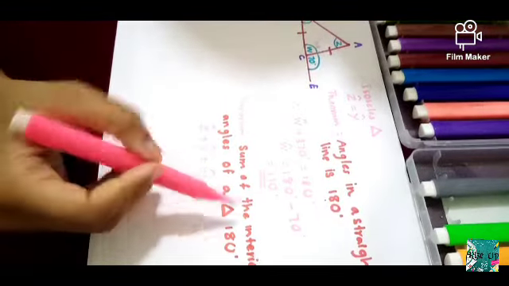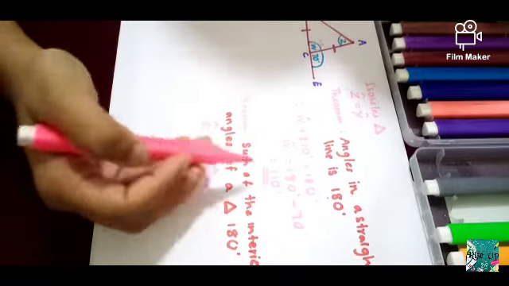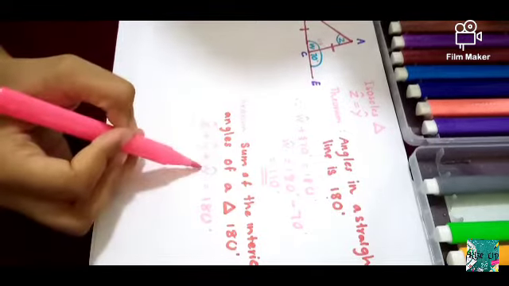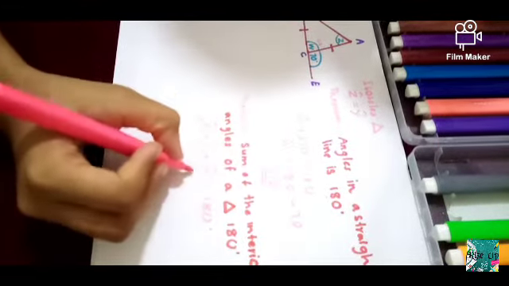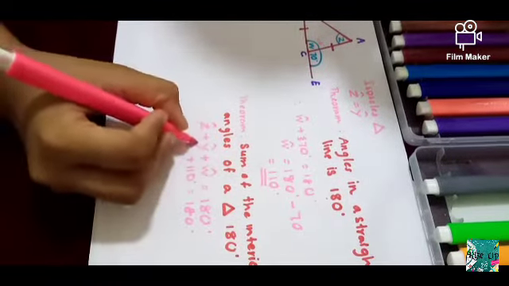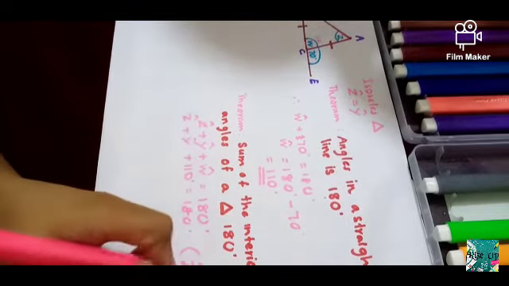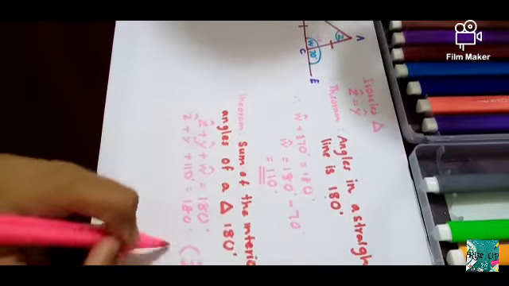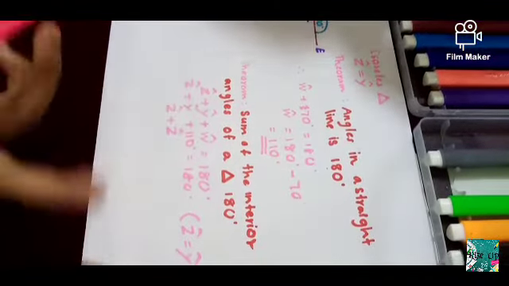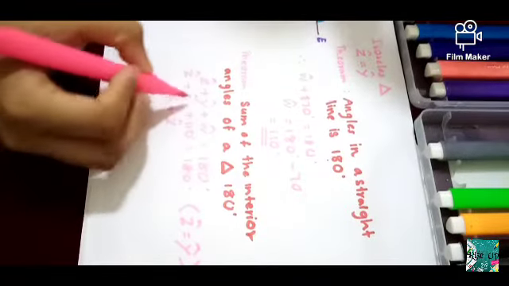What is the answer? They are the interior angles, the inside angles of the isosceles triangle. The sum is 180 degrees, and we found W, that is 110. So write 110 degrees, and Y and Z are equal, so you can take one letter. Since Z is equal to Y, you can write Z plus Z, or you can write Y plus Y, anything. I just took Z plus Z because both are equal.